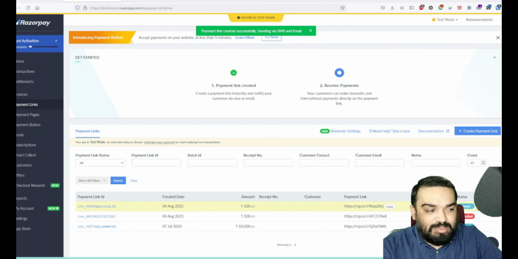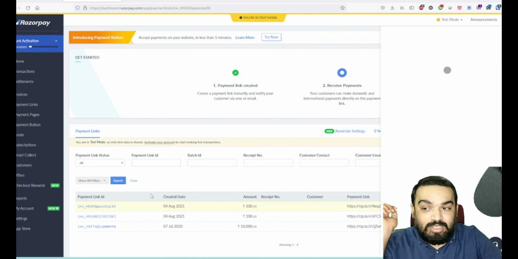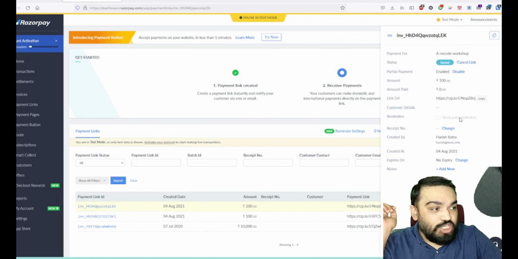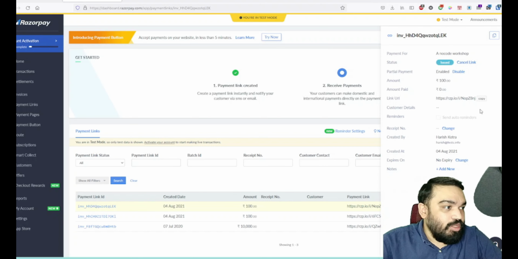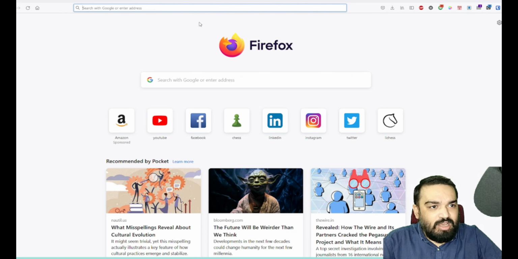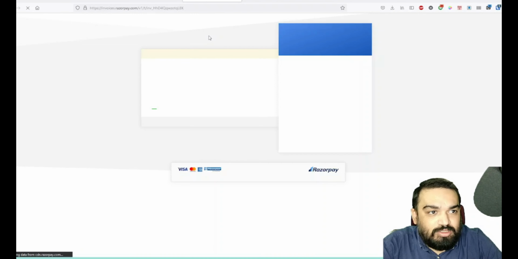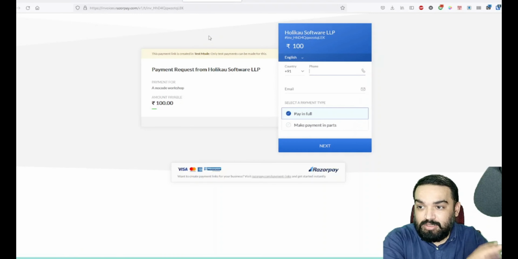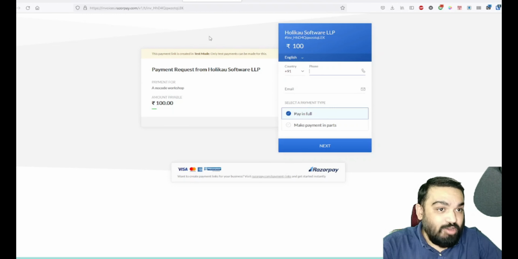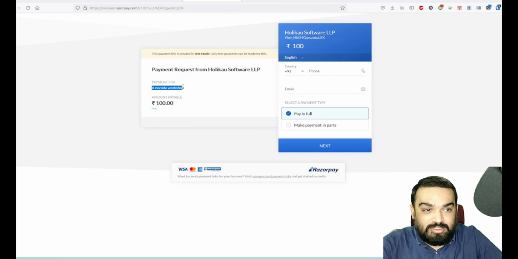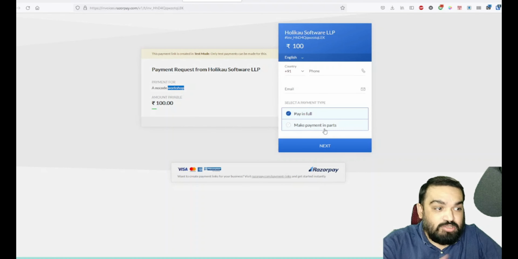Now, if you want to customize any of the features here, all you have to do is click on the payment link ID that you see on the dashboard, and you can change things here on the right side. And if you want to disable this link, all you have to do is click on cancel link and it will stop working. Just before we do that, we'll see how this will appear. So this is how this page will appear in contrast to what you've seen on InstaMojo. The description appears here. You can enter the text that you want here, and that's it. You don't get much to customize here.